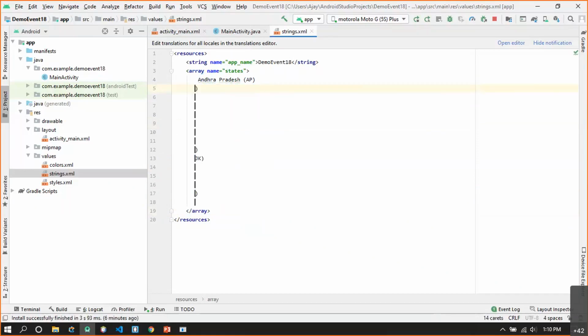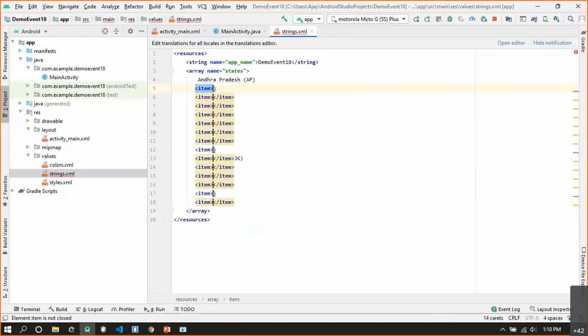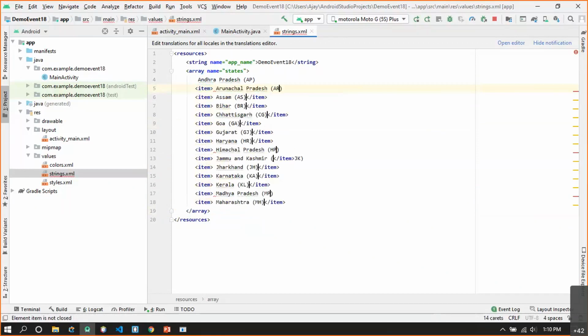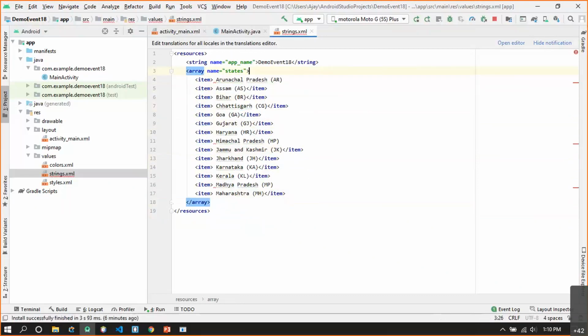There is a problem, so let me create the item element first. For each closing item, I'll be adding the state. Now edit the list. I'll delete Andhra Pradesh, and whichever elements do not have the closing tag, I'll complete the closing tag, and let me see whether the syntax is correct.